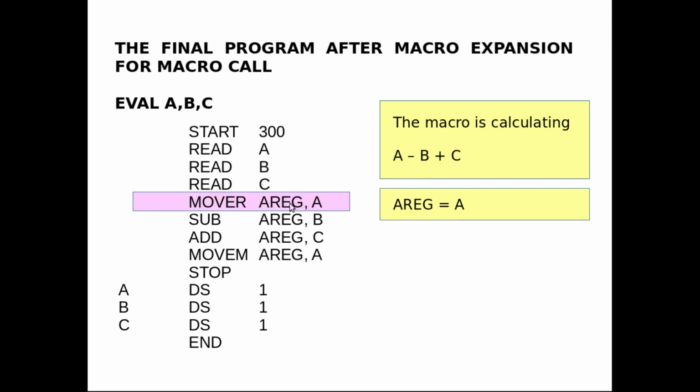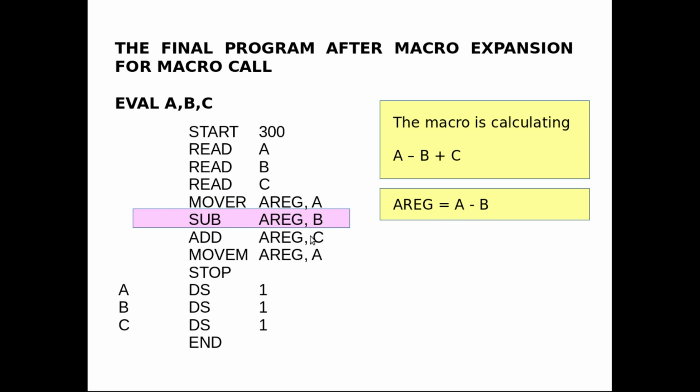It is putting the value of a into a register, so your a register will become equal to a. Now the next line, I am subtracting b from a register. The current value of a register is a, so if I subtract b from a register, it will calculate a minus b. So your a register will now have the value a minus b.